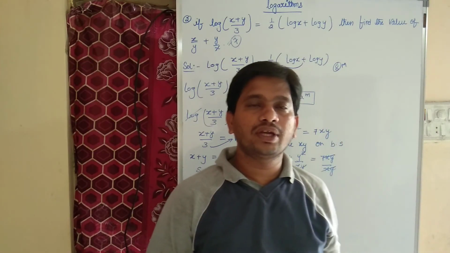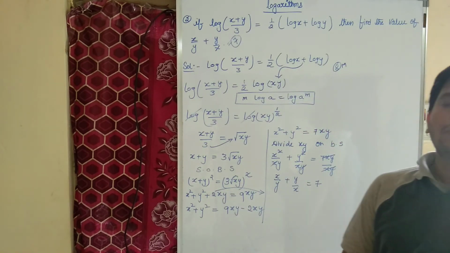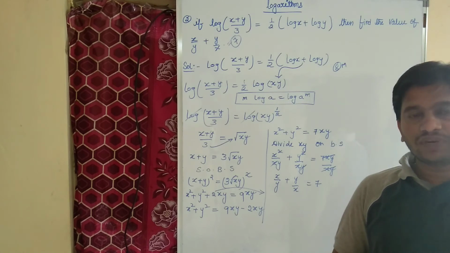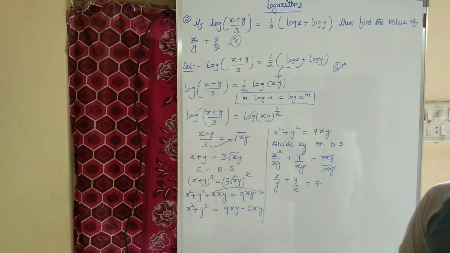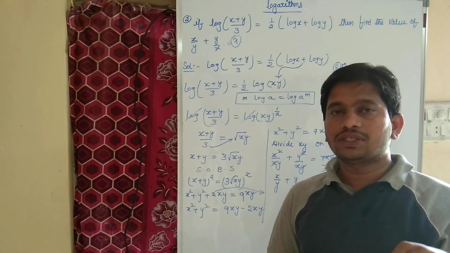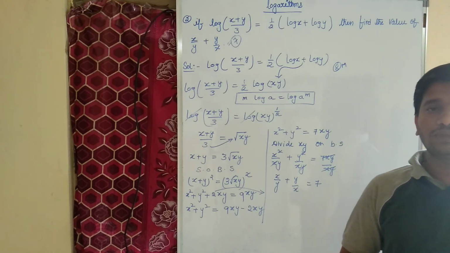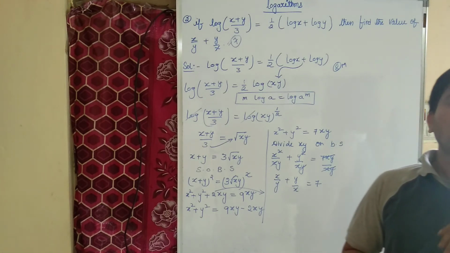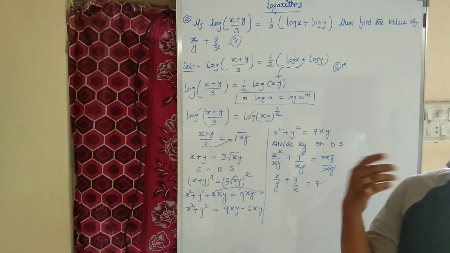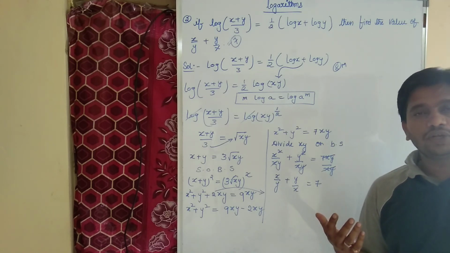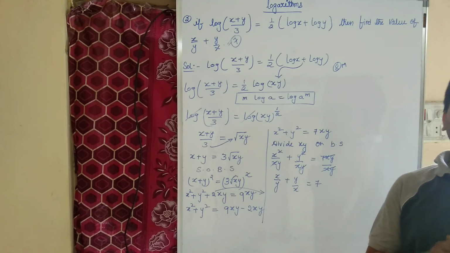If at all they are not giving irrational number concept or else Euclid division lemma concept, then they will go with logarithms. From real numbers we have 3 topics. First topic is Euclid division lemma. By using EDL to show that square of any positive integer or cube of any positive integer. That is the first topic. Second topic is irrational number concept. Prove that root 3 plus root 5 is irrational or root 3 minus root 5 is irrational, or else this topic. So as we discussed the 2 topics in the previous video, in this video we discuss logarithms, important 8-mark question.